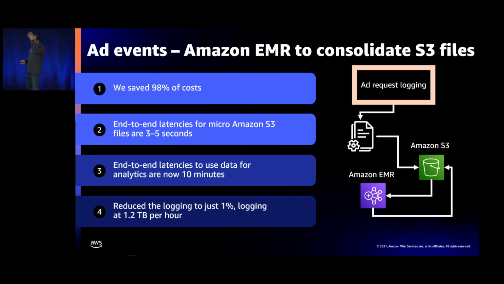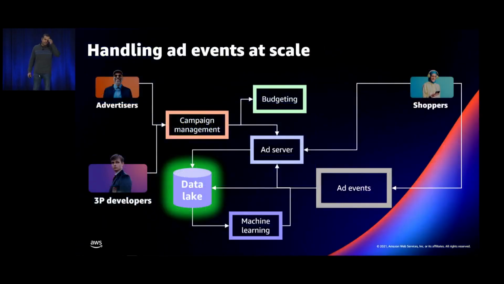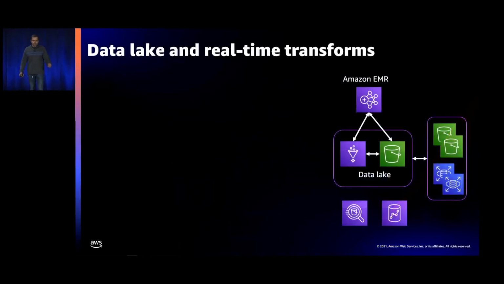With this, we reduced the total amount of logging to about 1.2 terabytes per hour, and that was somewhat manageable. The costs were too less. The business was benefiting from all of this, and we were able to launch a successful ad events system. Now, with more and more data generated, the hunger continued to grow. Many teams also copied the solution and started to generate more and more data. We needed a centralized data lake in which we can aggregate all of this data, keep it together, and then use it for a variety of use cases.